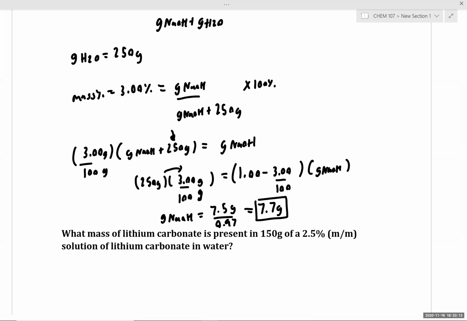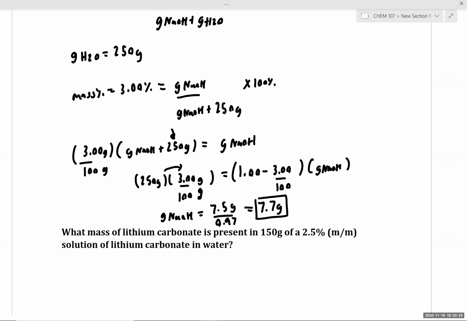Does this example make sense to everyone? Does this example make sense? Yes. Perfect. So then,